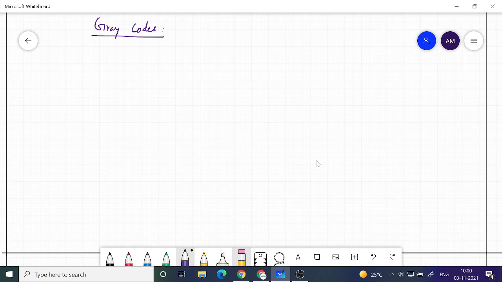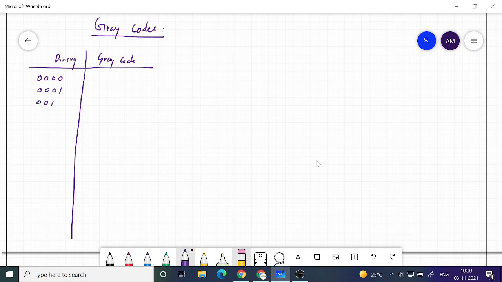So we have binary representation. So let me start with the binary, 4-bit binary and gray code. So binary is simple. You have 0000, 0001, 0010, 0011.